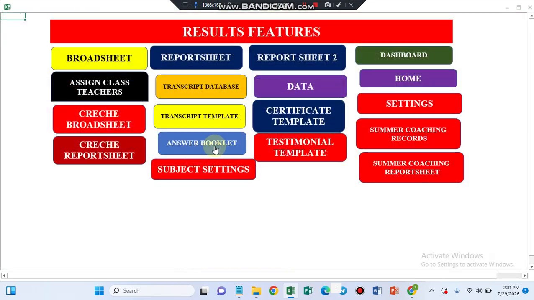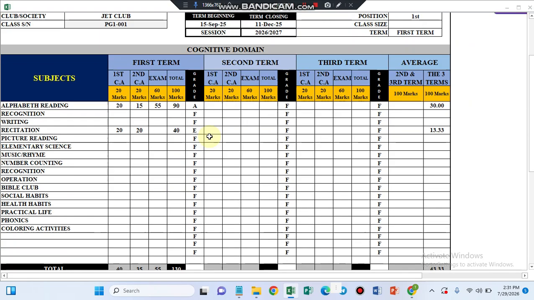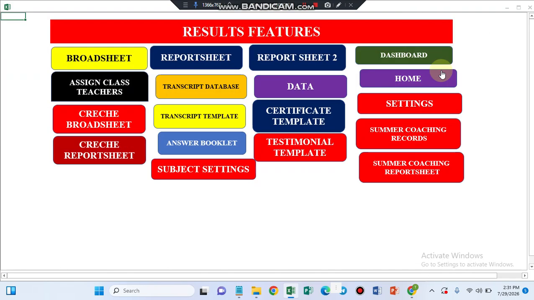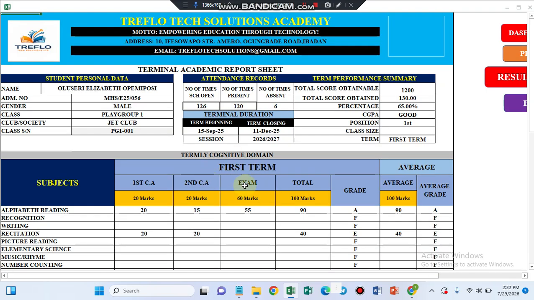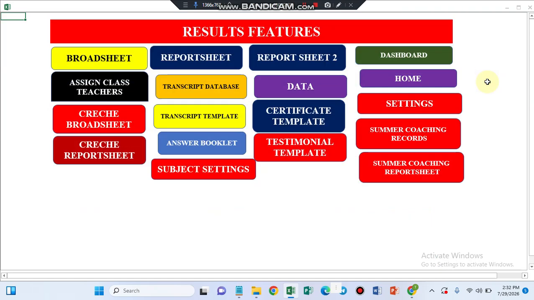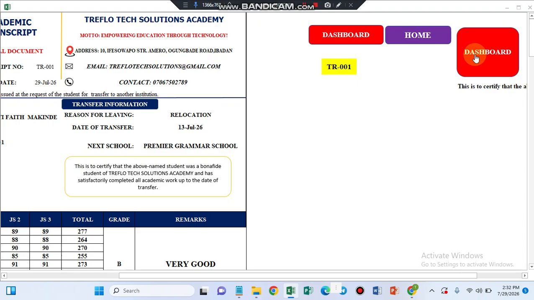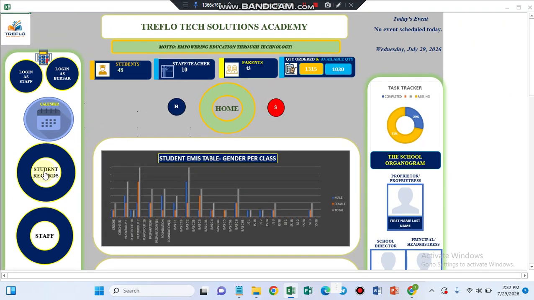Okay, another thing that is beautiful on this school management system is the results feature. This is the broadsheet. We have 2 types of report sheet. The one that shows all the 3 terms, first term, second term, third term, and another one that shows only the termly results. So here you will just change either to first term, to second term, or to third term. We also have transcripts. We have the transcripts template, and then we also have the